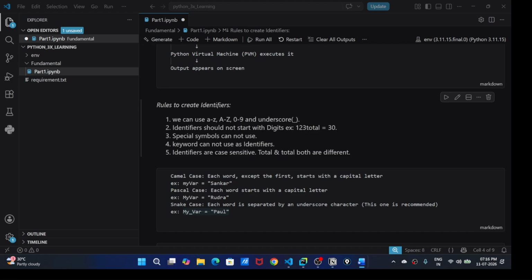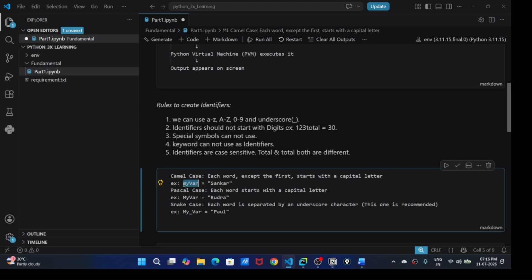There are three use cases, meaning how we are defining our variable names: camel case, Pascal case and snake case. Camel case is where the first word is small and the remaining words start with a capital, like myVar: m is small and V is capital. Same way for Pascal case, both should be capital: MyVar, M capital, V capital.